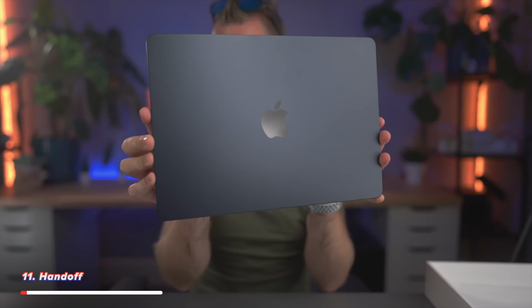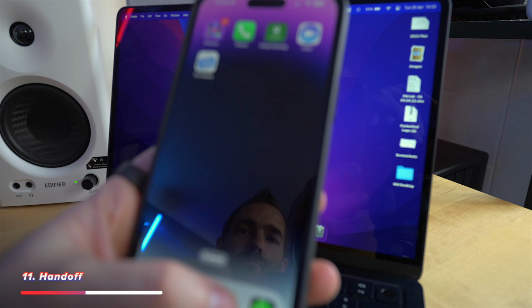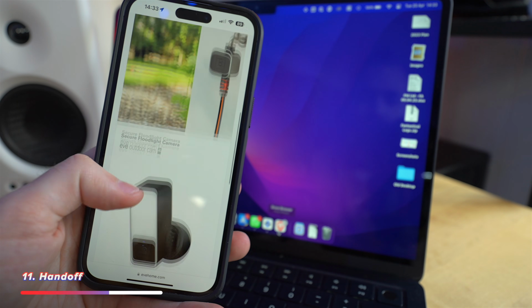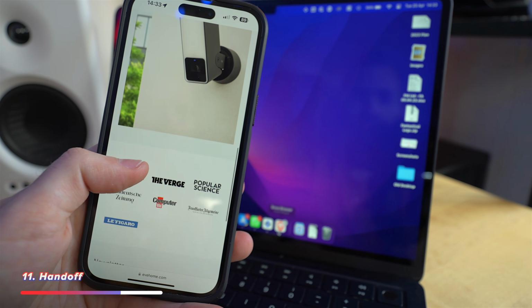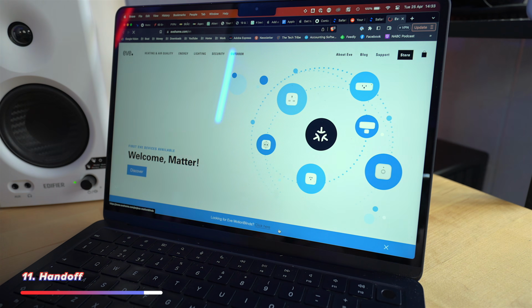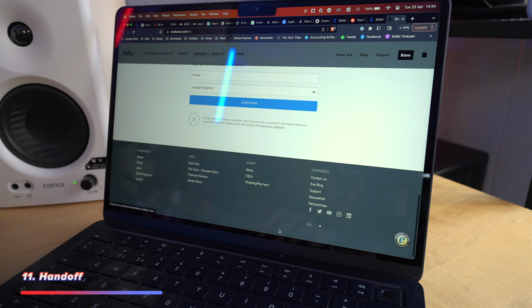Over to the Mac now. Now, Handoff is a huge feature of Apple's ecosystem and covers quite a broad range of applications. On your Mac, for example, you can work on something in an Apple application. Maybe you're reading a PDF in Preview or browsing the web in Safari. You can then pick up your iPhone or your iPad and continue from where you left off. Now this also works the other way around, from iPhone to Mac and iPhone to iPad or iPad to iPhone, and works for a huge number of Apple applications and third-party applications, including FaceTime.